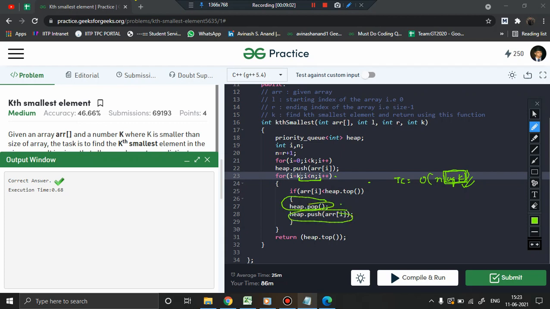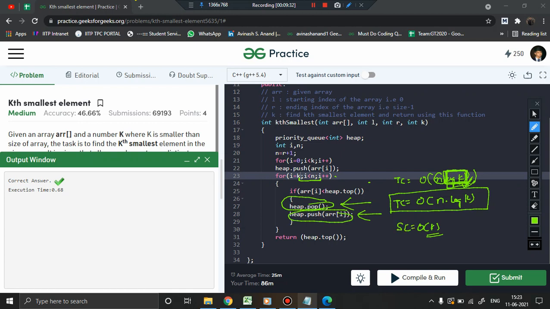So we know that a pop operation or push operation in the heap will basically take log of k time, because the heap size is k. A heap has k elements, so it will take log k time every time it is called. So in total it will be called n times, giving n log k. So time complexity will be order of n log k by this approach, right? So it is clear. Space complexity, obviously we are using a heap and it is taking only k size, right? Order of k. That is the size of the heap. Got the point? So that is the space complexity.